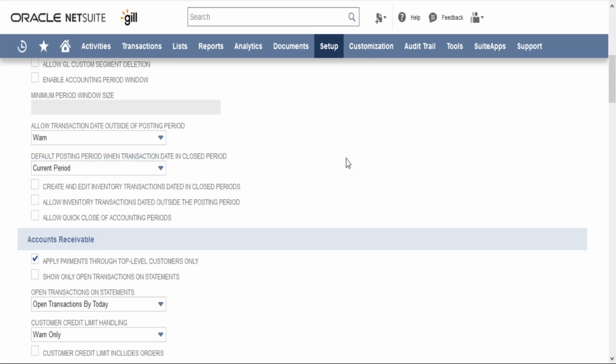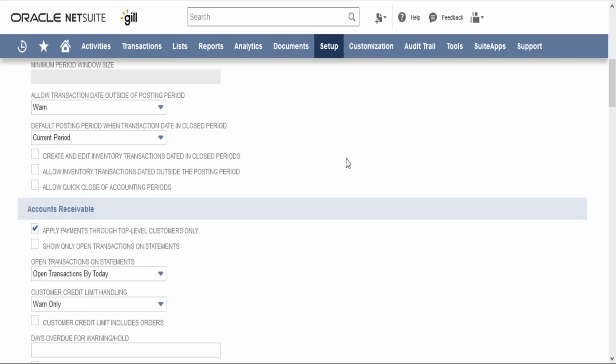One doubt, Pratik. The current period and first open period. There must be some options during entering time. Suppose the first open period is December. Suppose we are doing some transaction in January itself, but it should go in December. Then how can the user select it? You can select it from the drop down. Okay, if you don't select anything, then